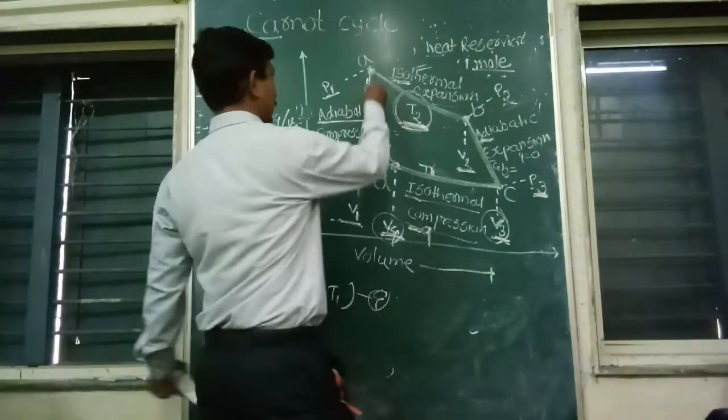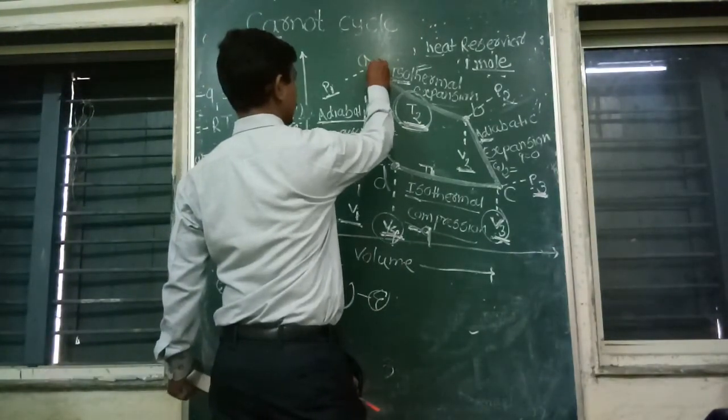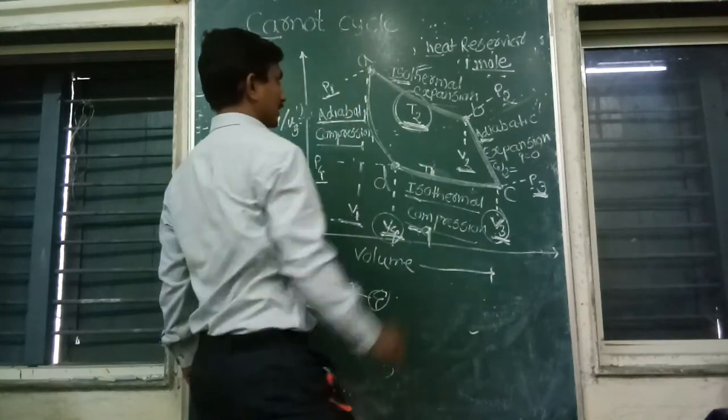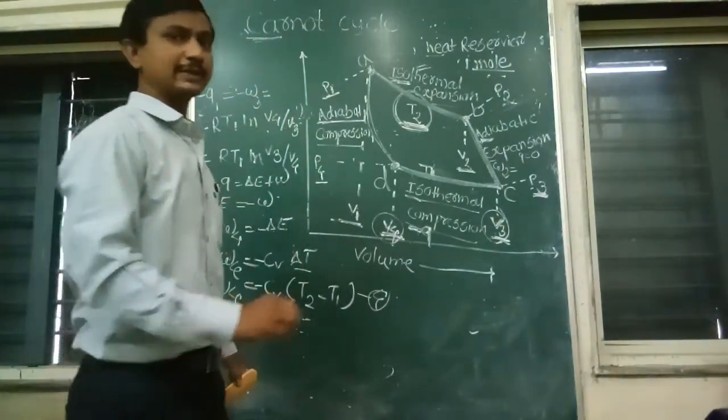This is the cyclic process. Cyclic process is the process in which the system comes to its initial